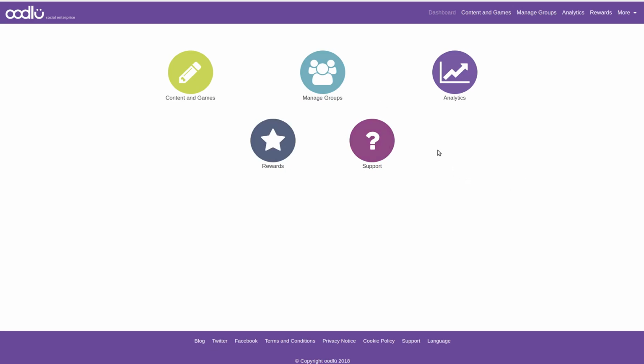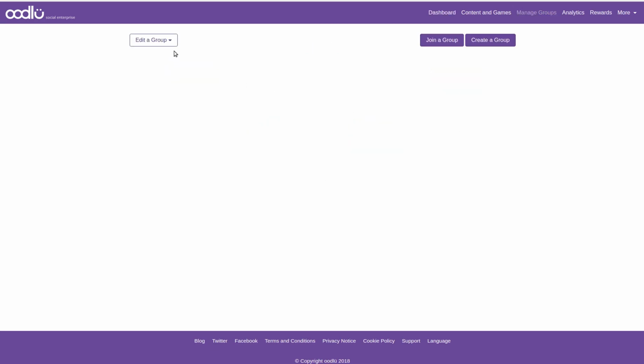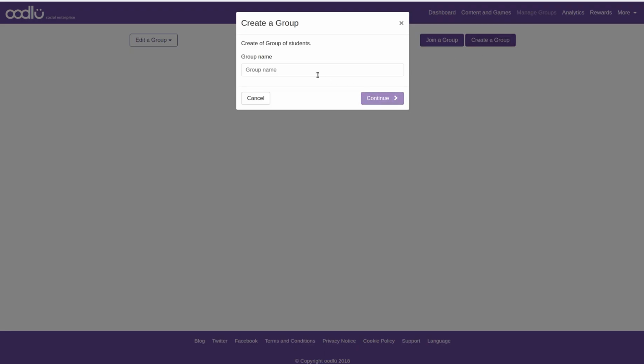It's my local version. So I'm going to go into the Manage Groups area, and in here we've got sort of three main things that you can do. You can edit an existing group, join an existing group, or create a new group. We're going to create a new group. I'm going to call this Testing Group Things. You'd call that, obviously, the name of your class, or possibly the name of a group of students who aren't